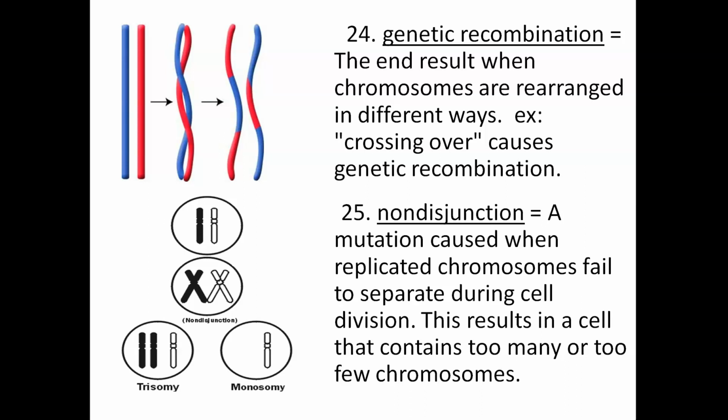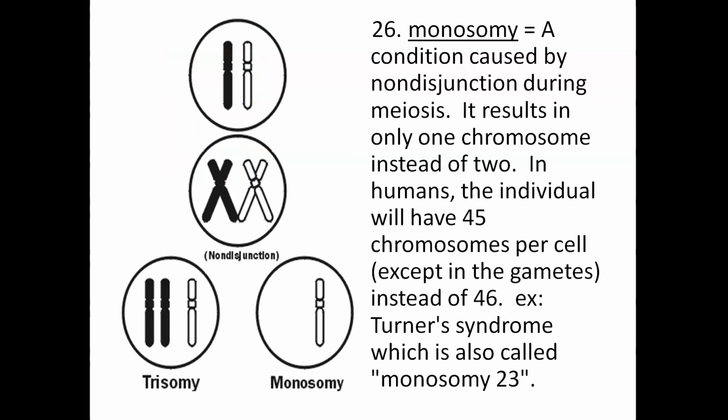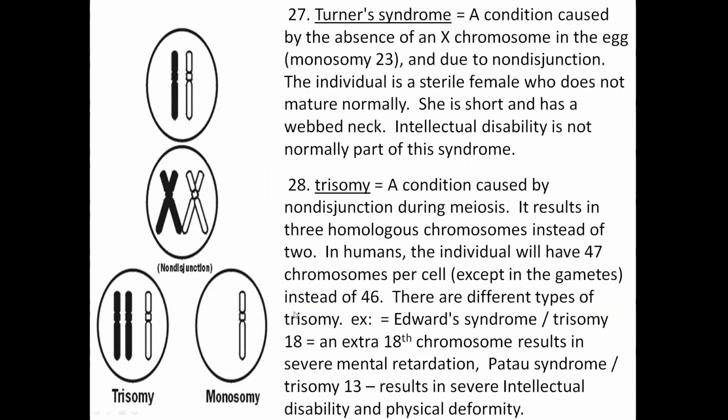25, non-disjunction. This is a mutation that happens when chromosomes don't split correctly during meiosis. Non-disjunction can cause monosomy, where a cell is missing a chromosome. Or it can cause, number 28, trisomy, where you have an extra chromosome. An example of monosomy would be number